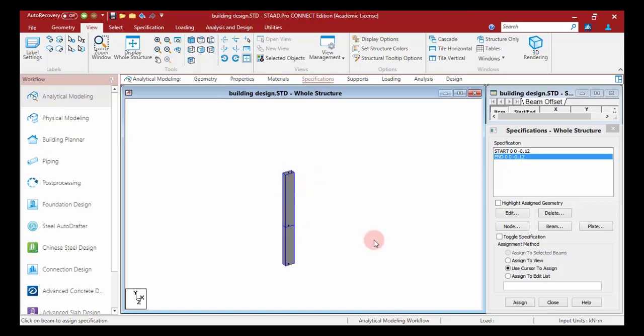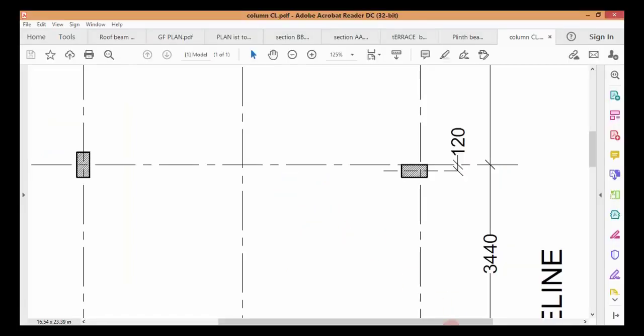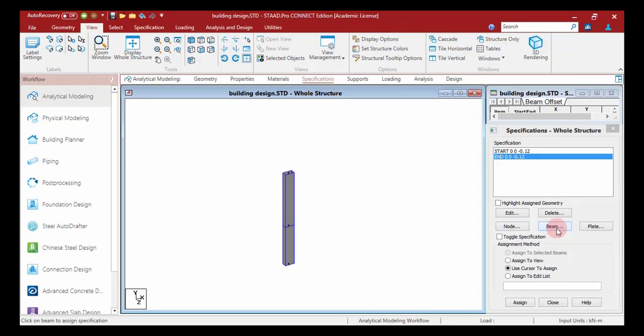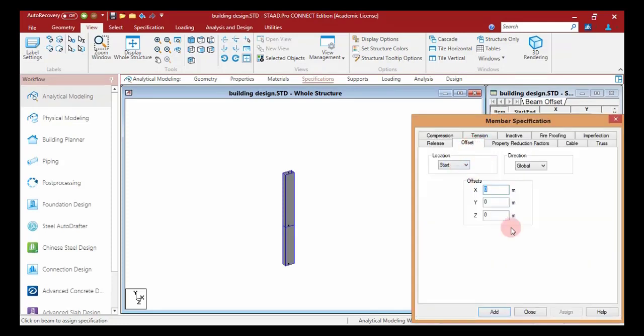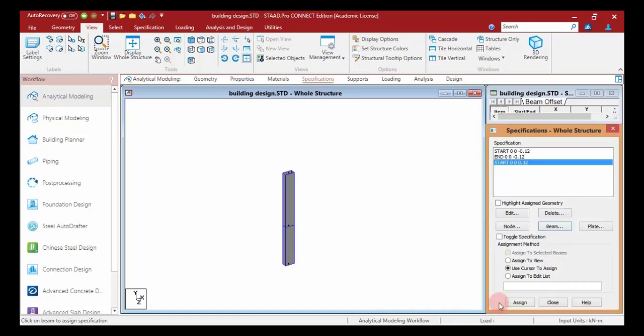So this column has to be given an offset of how much? 0.12 meter, because the center line of this column is not passing through the grid line. So I'll go with beam, okay, offset, so about z, positive z, so it will be 0.12 meter, start, okay,